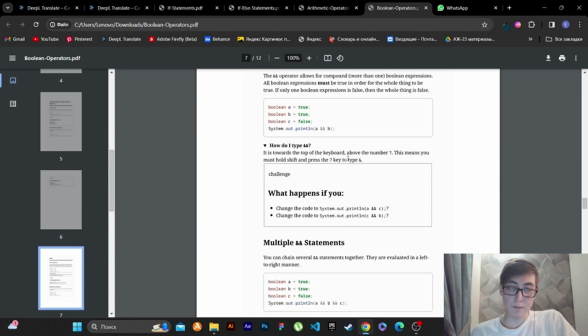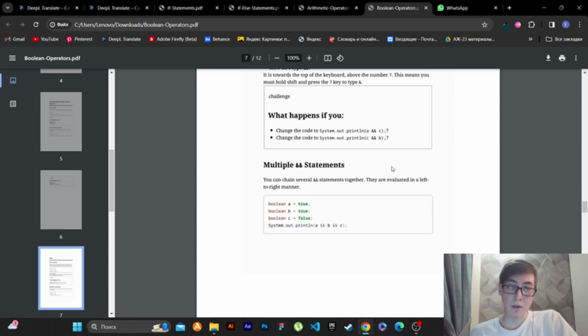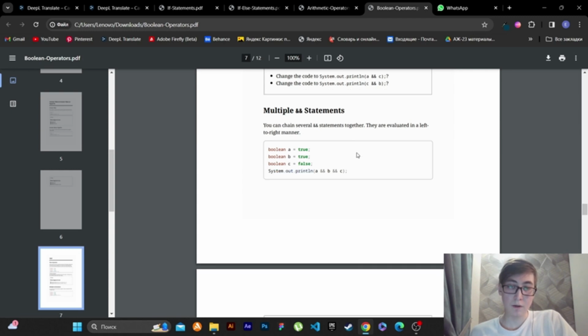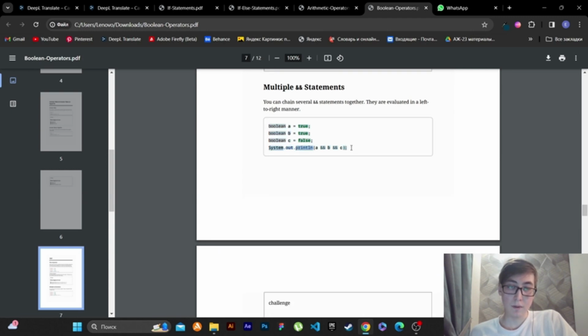How do I type the AND operator? It's towards the top of the keyboard above the number 7. This means you must hold shift and press the 7 key to type AND. Multiple AND statements. You can chain several of these statements together. They are evaluated in a left to right manner. For example,